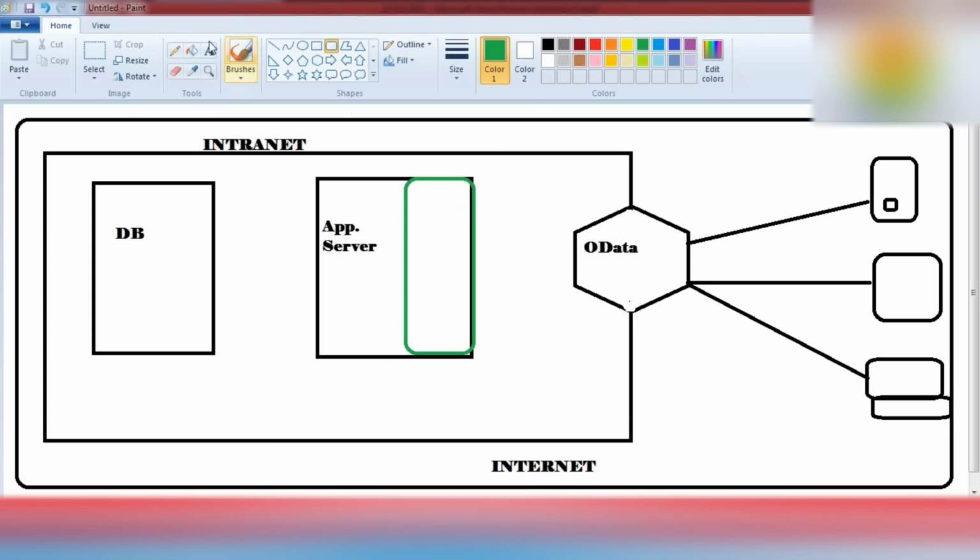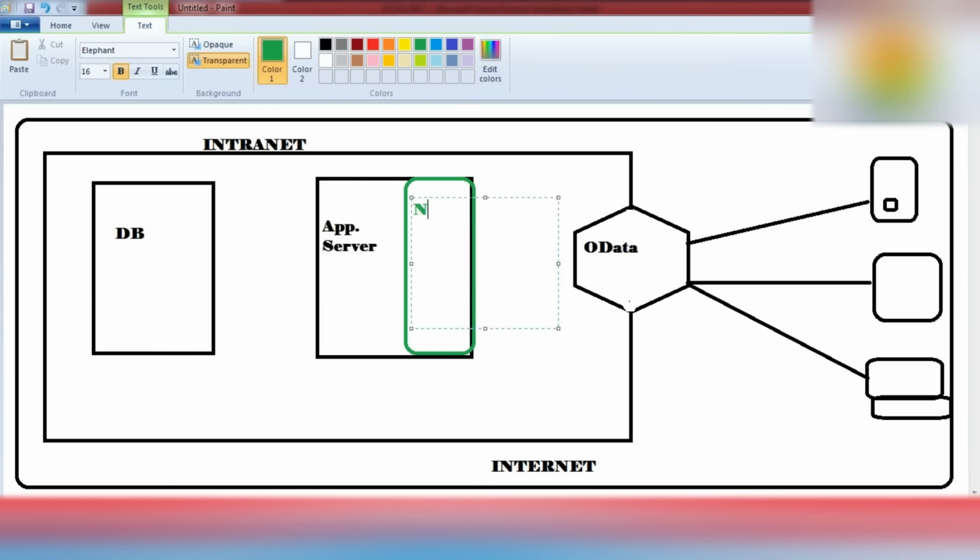By using it, we can connect our application server with the OData protocol. OData is nothing but internally it is using the HTTP protocol to connect to the outside internet system.